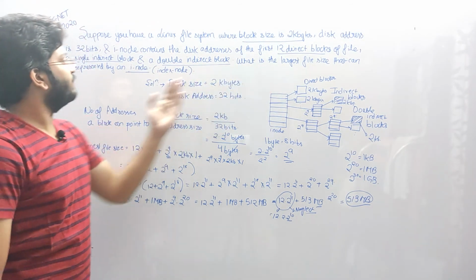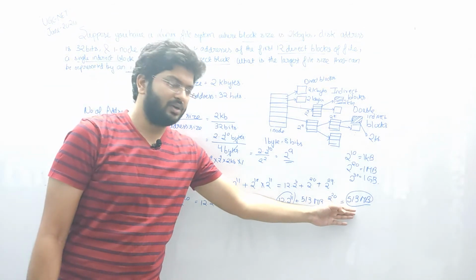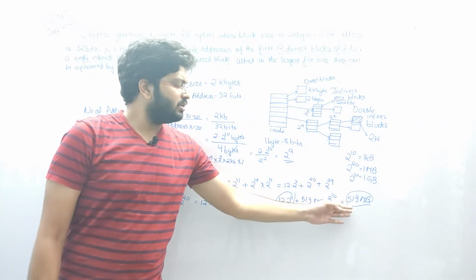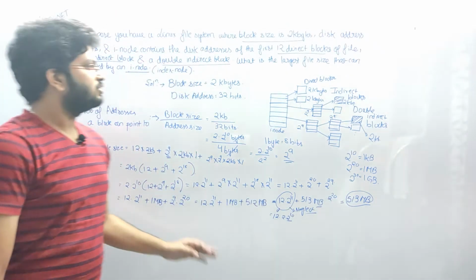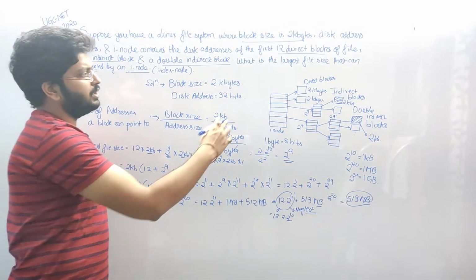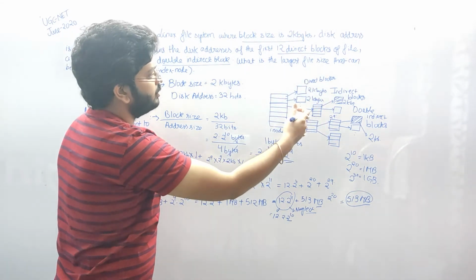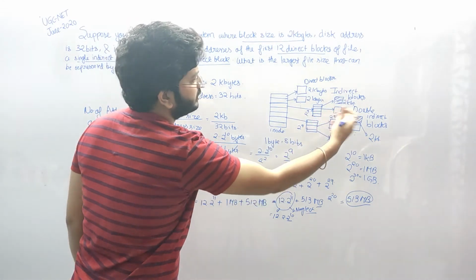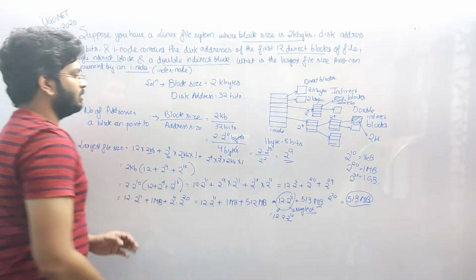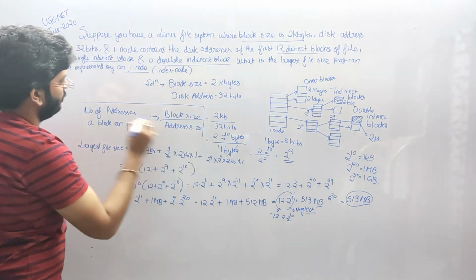What is the largest file size that can be represented by an inode? The largest file size is 513 MB. In the options there is 513 MB, which will be the right answer for this question. In such questions you can simply frame this diagram in your mind, or put it on rough paper, so it will be easy for calculation. This is a direct block, an indirect block, and if there are two references it is a double indirect block. And this formula you have to remember, it is an important formula.